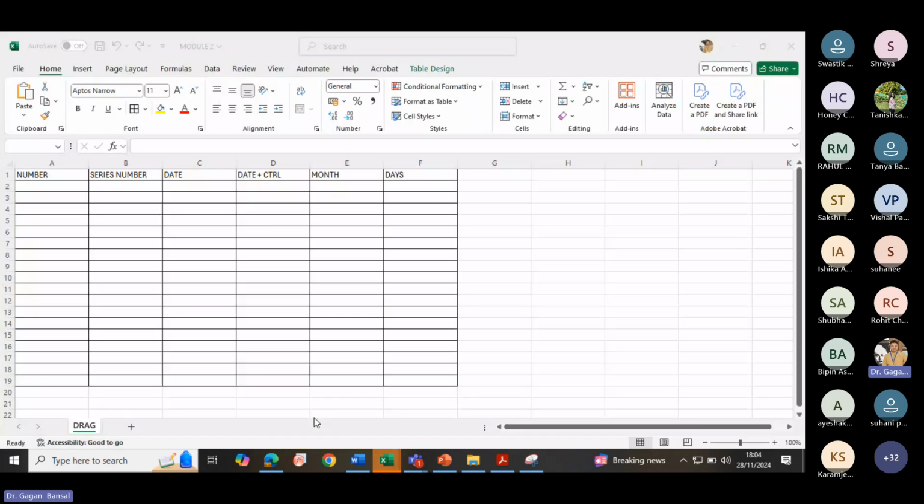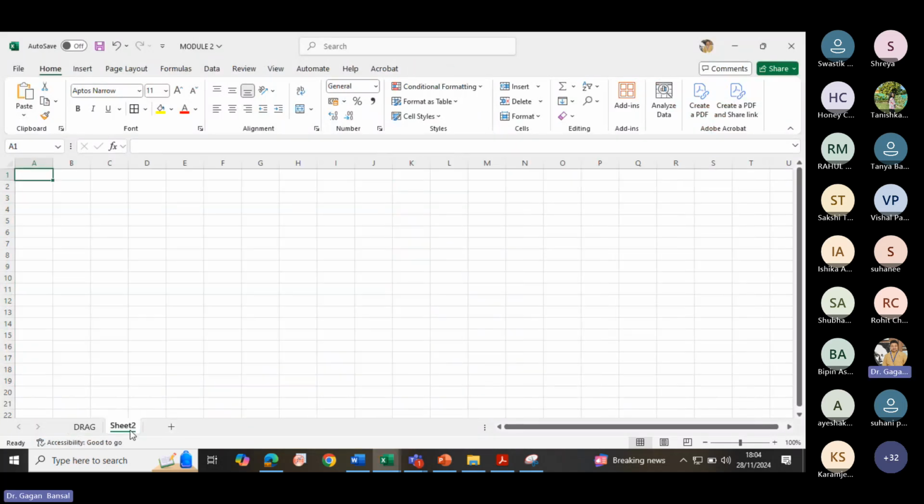So in our previous session, we talked about the ribbon, starting from the File tab till Acrobat. Then we studied and took a gist of various toolbars, like the Quick Access toolbar below and above the ribbon. We took a small introduction about various tabs and their functions. So assuming that we are clear with the interface, now we'll start with data entering and other processes related